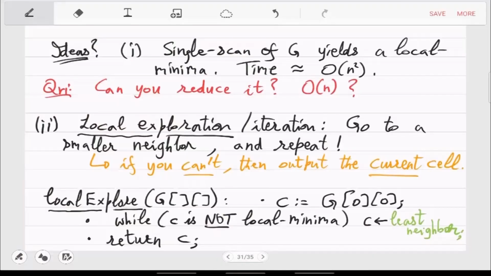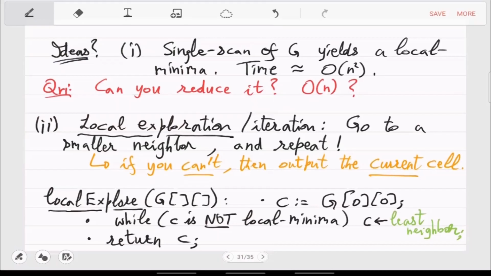Okay, so in the last class you saw this main problem we want to solve: local minima in a grid, which means it's a 2D array, an n cross n matrix of integers, and local minima is defined in that picture.